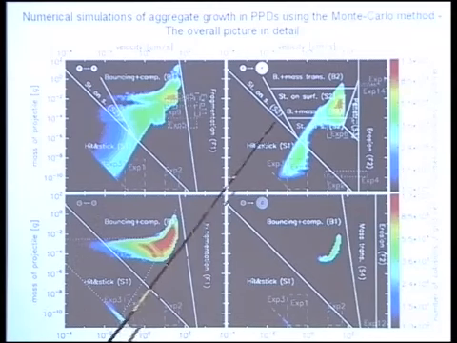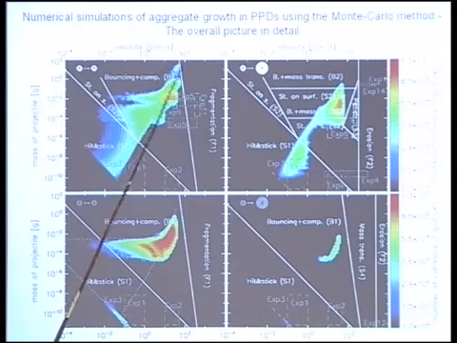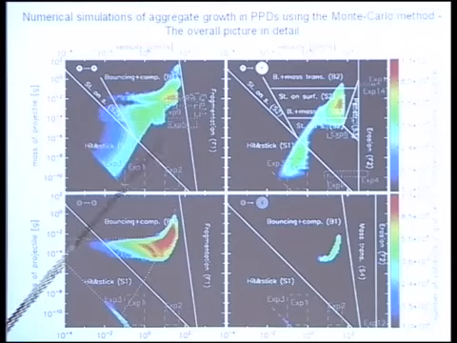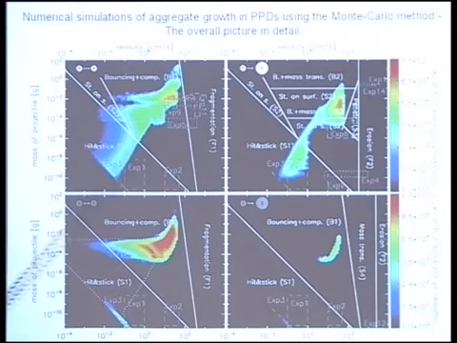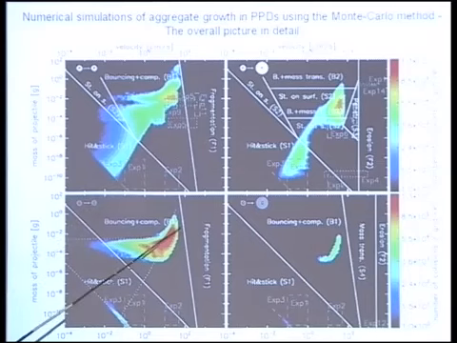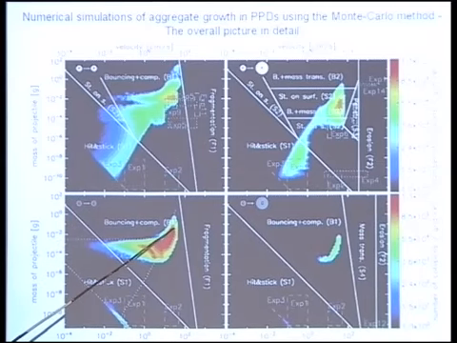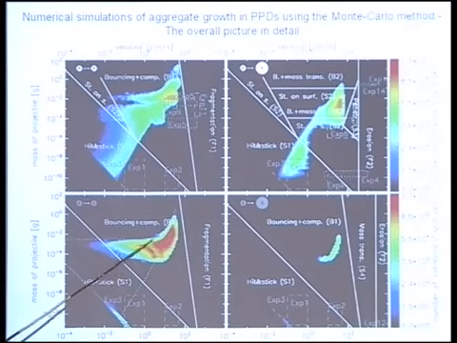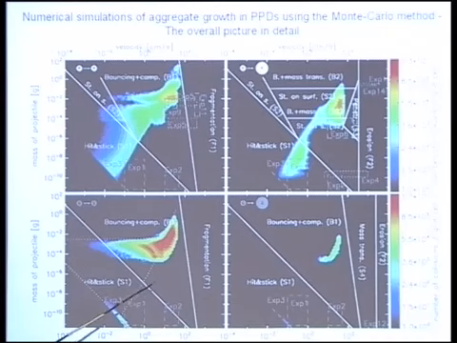It becomes monodisperse. So these things grow and reach here, and then they bounce and become more compact, like here. And they go from here to there. Equal-sized, compact particles bouncing, and then they fragment with a low fragmentation probability, and they go back here, and this is where everything ends.